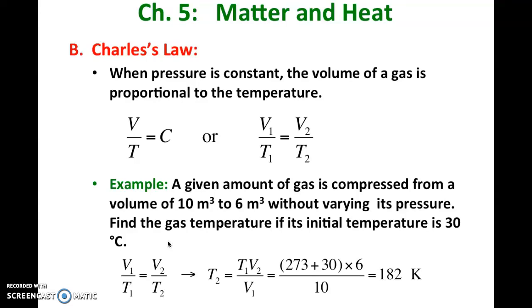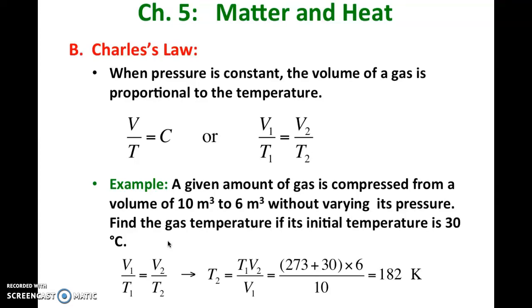For example, find the final temperature when a gas with an initial temperature of 30 degrees Celsius is compressed from 10 cubic meters to 6 cubic meters. From Charles' law, V1 over T1 equals V2 over T2. We have the gas final temperature T2 equal to T1 times V2 divided by V1, equal to 273 plus 30 times 6 divided by 10, equal to